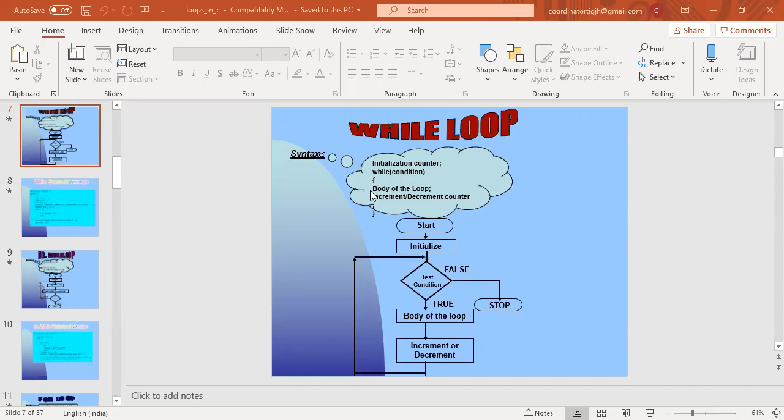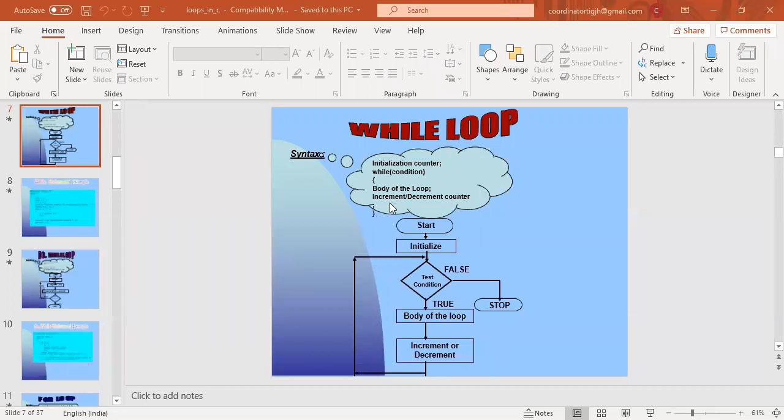After that, second bracket open, and we write some statements there, according to my problem statement, such as some increment or decrement of a counter or variable, whatever it is. And second bracket close.